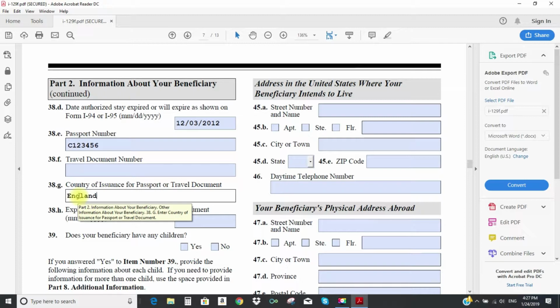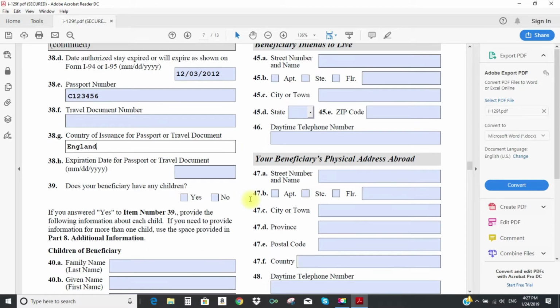In our scenario, the beneficiary or the fiancé is living in England, so their passport would be from England. And here you put the expiration date of the passport. So let's say it's